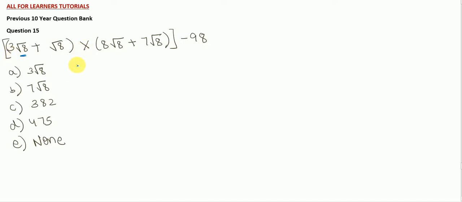3 into under root 8 plus under root 8 is what? Under root 8. We have solved this small bracket. Now solve this bracket as well. 8 under root 8 plus 7 under root 8 comes out to be what? 15 under root 8, right? Big brackets, minus 98. Now see this, under root 8 into under root 8 is what? Simply it is 8,